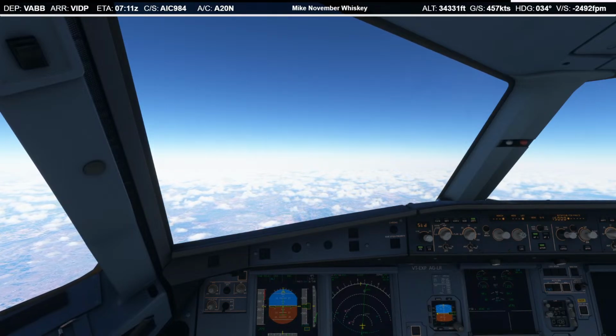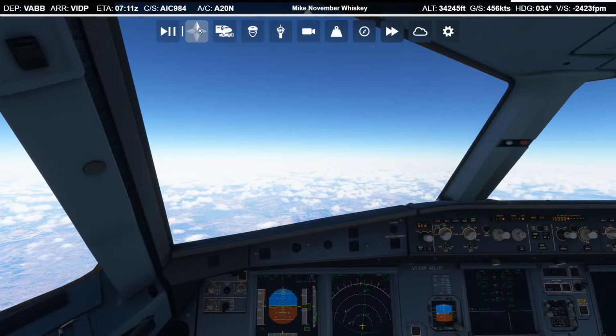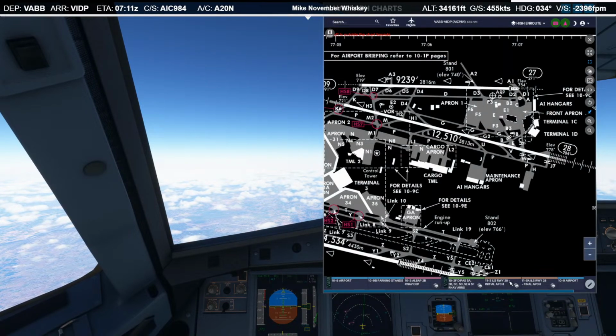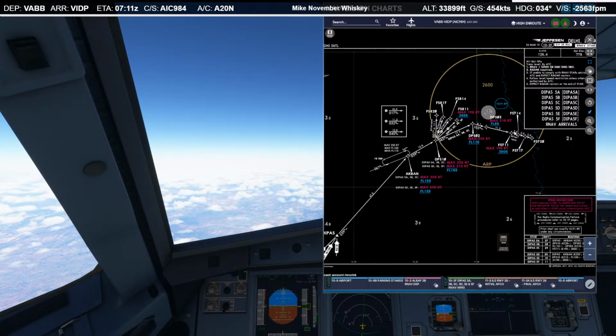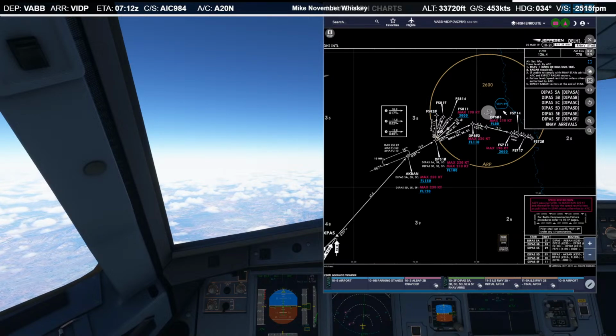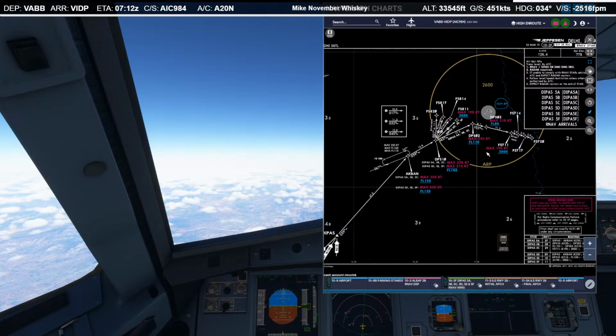So as I was thinking about it, I think because the speed restrictions are so aggressive, we'll be at 190 knots by the time we get here. I think we don't need to fly past this waypoint. I think we can kind of do the dog leg per the MCDU onto our final approach from there.